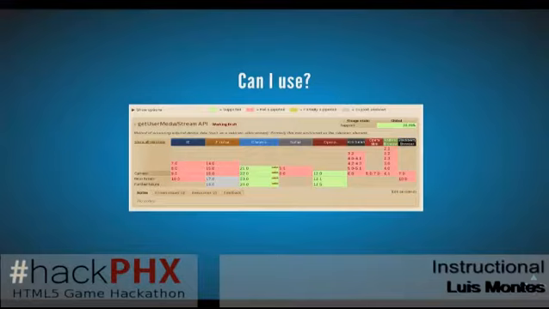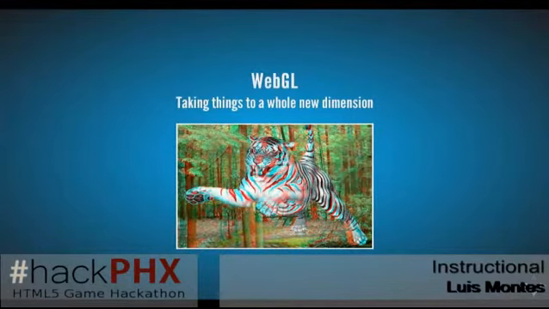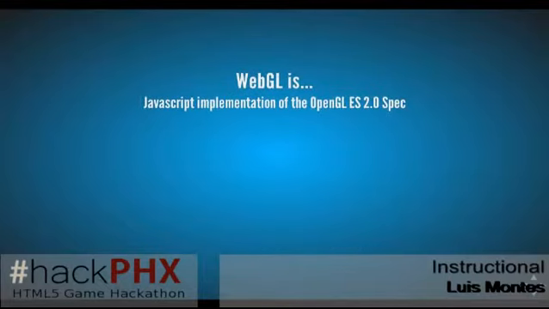All right. So we did 2D context. We did some input, we did some video. You may want to do 3D. It's a lot harder than doing 2D, right? When I said we have access to a 3D context instead of just a 2D context with our canvas, if we ask for 3D, it's WebGL, which is basically a JavaScript implementation of the OpenGL ES 2.0 spec. What the hell does that mean, right? It's just hardware acceleration. It defers calls to your GPU, so you can do fast 3D rendering in a browser with an open standard. And it's really easy to use, right?